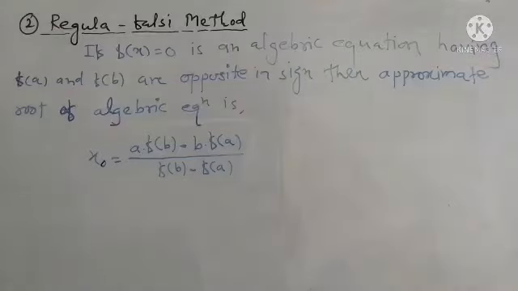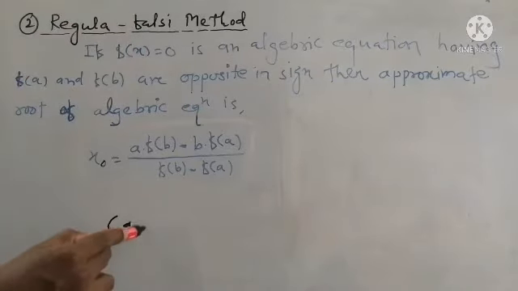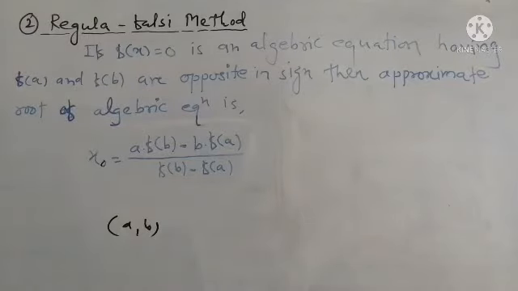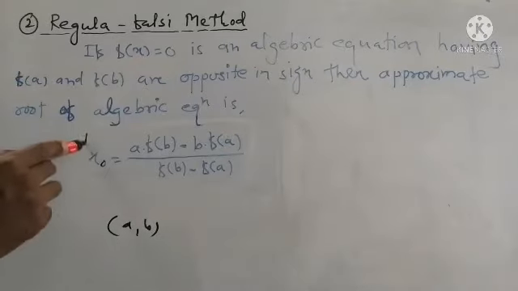Regula Falsi method. If f of x is equal to 0 is an algebraic equation having f of a and f of b opposite in sign, that means the root of this equation lies in the interval ab. Now, using the regula falsi method, the approximate root of the algebraic equation is given by x naught